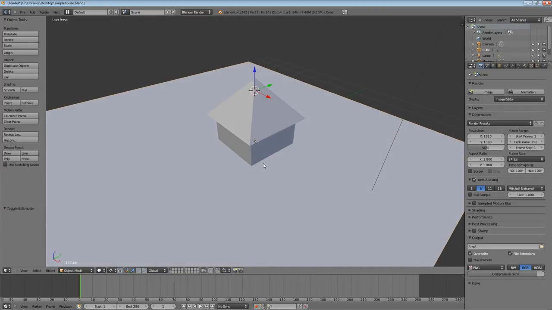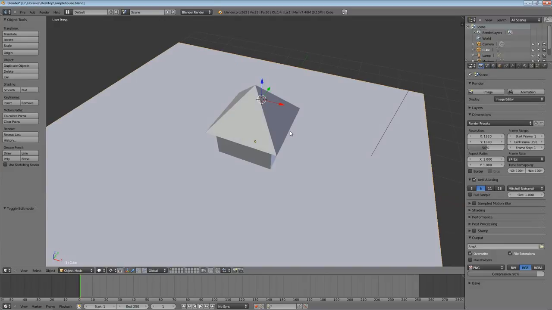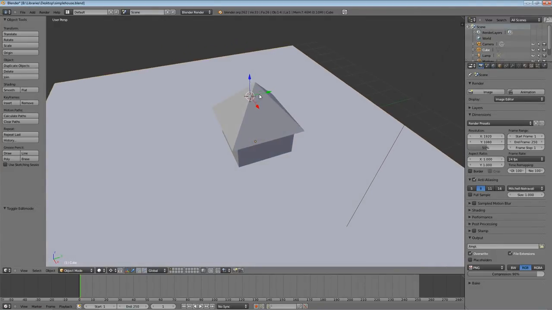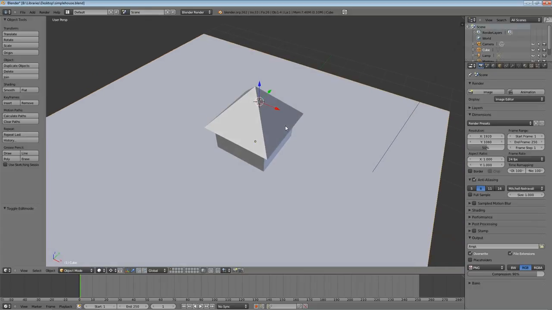So if you switch to object mode, you can hit Control Space to turn on the 3D manipulator, and where the red arrow points out, that's the positive X direction. Just like if it were the green arrow pointing out, that's the positive Y direction, and the Z arrow gives the positive Z direction. Okay, so hit back to edit mode